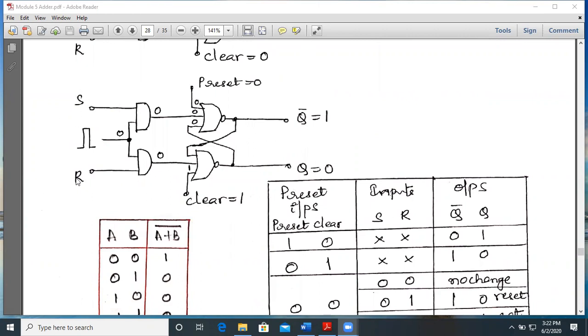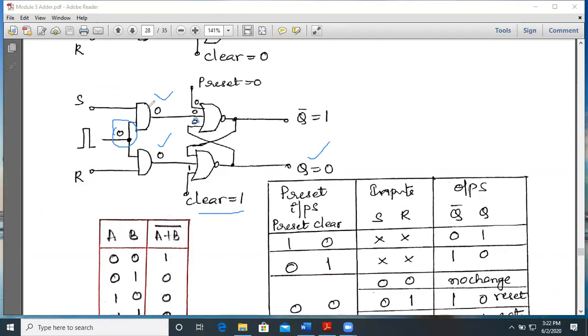In the same manner, we can analyze when the clear is given as 1. Irrespective of S and R inputs, since we are not giving any clock signal over here, the output of this AND gate and the output of this AND gate will both be zeros. Now we need to start our analysis from 1, where 1 is present. Here there is 1, that is clear, which we have given as 1. So irrespective of the other two inputs, since clear is 1, we are getting Q as 0. That Q appears over here.